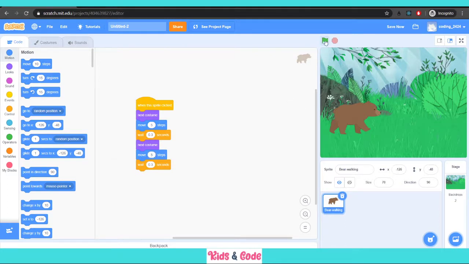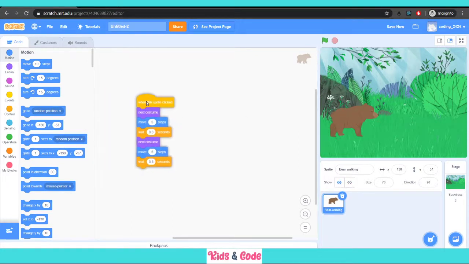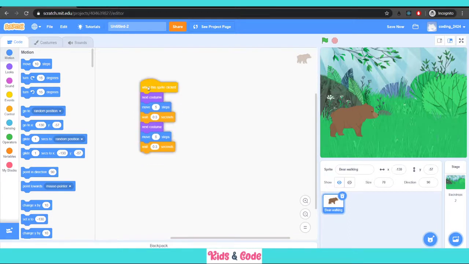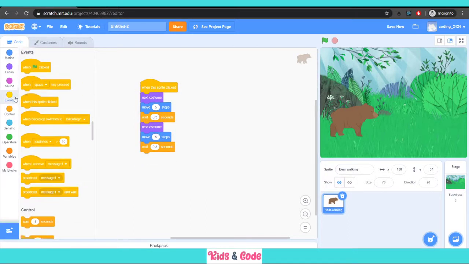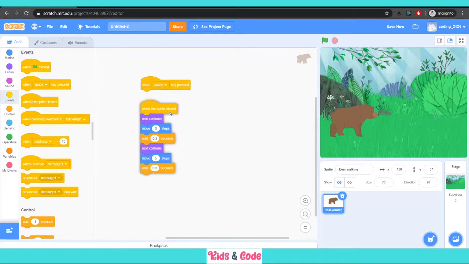So I will see that whenever I click the green flag, it will move. Okay, so I actually have to click the sprite to make it move. So when I click on the sprite, it will move. I can select a different key as well, since I can choose when I press the right key, it should move, instead of when this sprite is clicked.